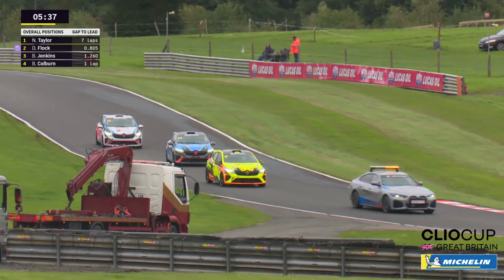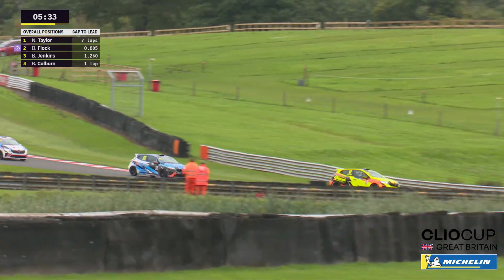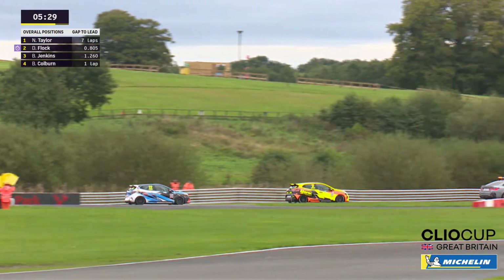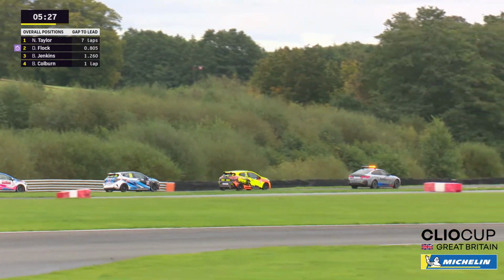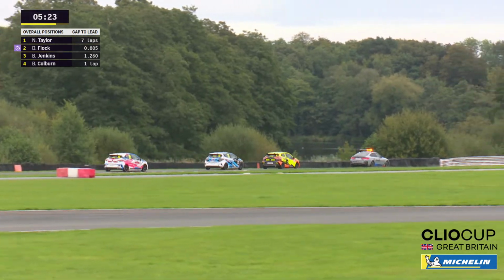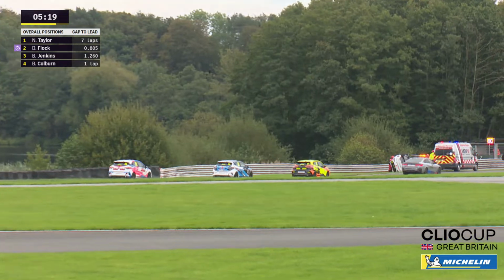Nicky Taylor, Dara Flock and Ben Jenkins, the 3 cars that continue on behind the safety car, and this may be for the first time where they see exactly what had happened. And Dara Flock, I'm sure, as much as anyone will see that and think, oh, that's my teammate, that's far from ideal. But not to take away anything from Ben Colburn, he had a sterling race up until that point,